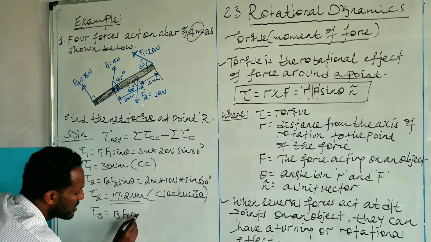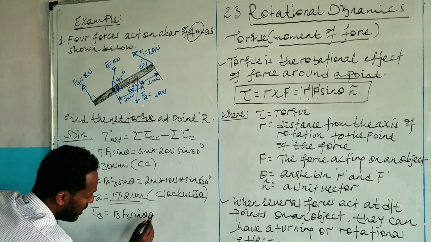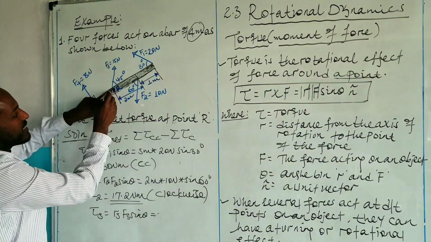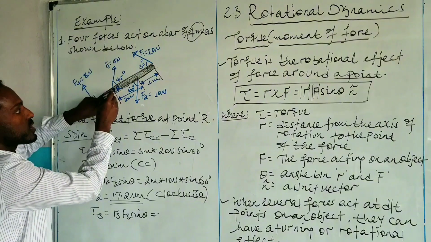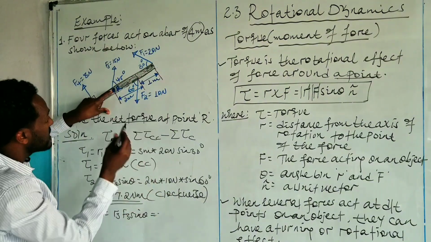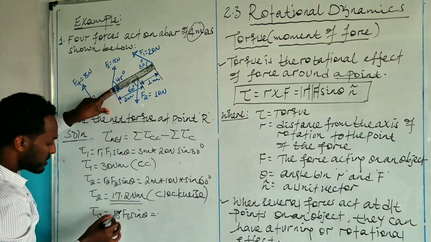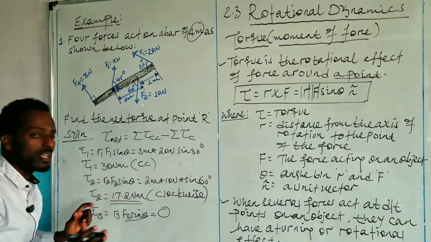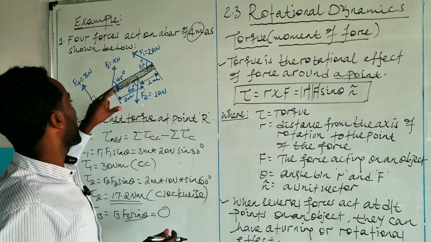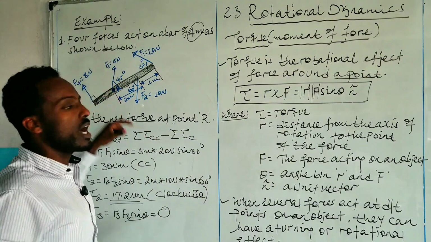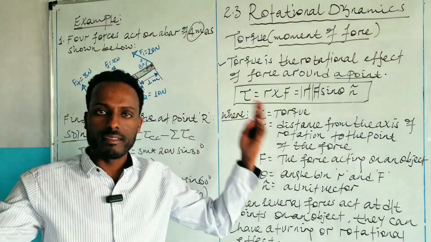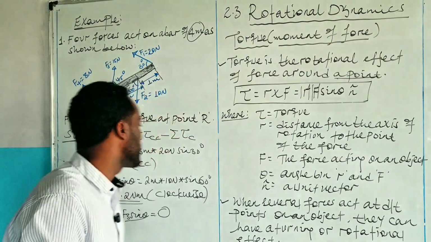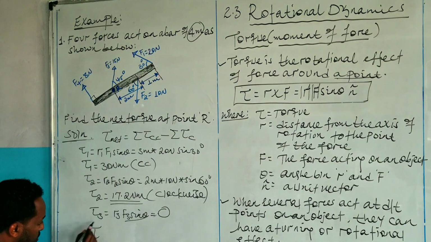F3 times sine theta አይደለ? ስለዚህ እዚህ ጋር እንደምናየው F3 is acting at a point where the system or the bar is rotating, right? ስለዚህ R 0 ነው ማለት ነው። R 0 ሆነ ማለት 0 multiplied by this, which is 0, which means torque 3 is 0. F3 axis of rotation ላይ እስካለ ድረስ ምንም አይነት turning effect ወይንም torque produce ማድረግ አይችልም ማለት ነው።